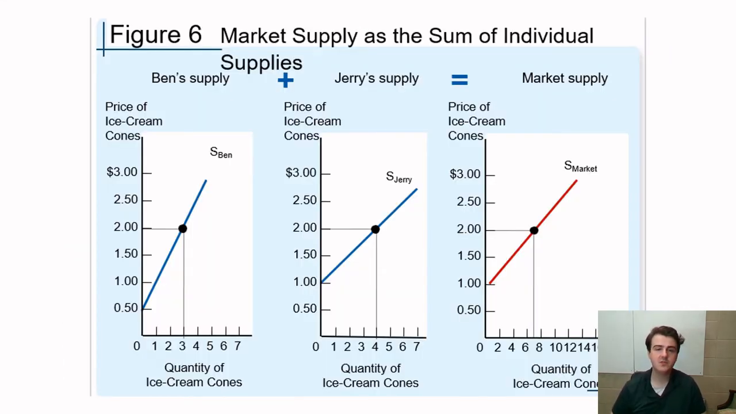And the last thing that can shift supply, just like with demand, is the number of suppliers, right? So here from the book, we've got market supply as the sum of individual supplies. So at $2, Ben makes 3 cones. At $2, Jerry makes 4. So for the market supply at $2, we are able to make 7. How about that? If we add another supplier, maybe a different brand, maybe Haagen-Dazs or somebody like that, and they're able to make another 3,